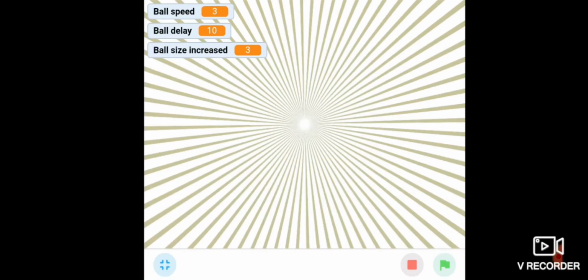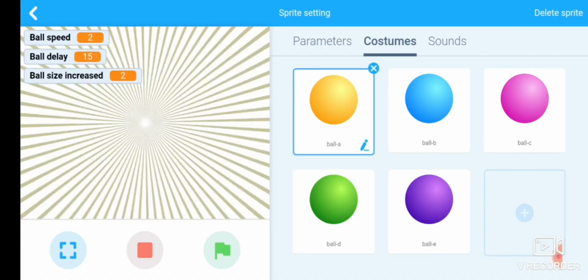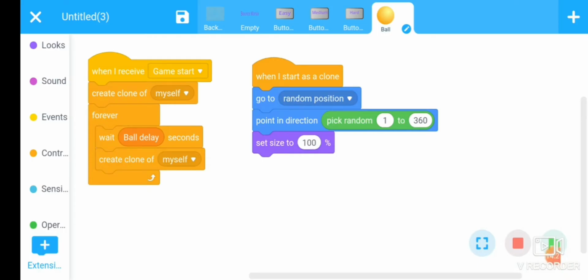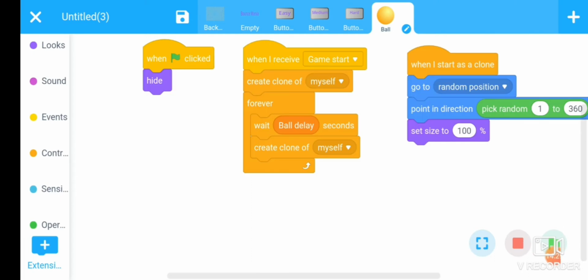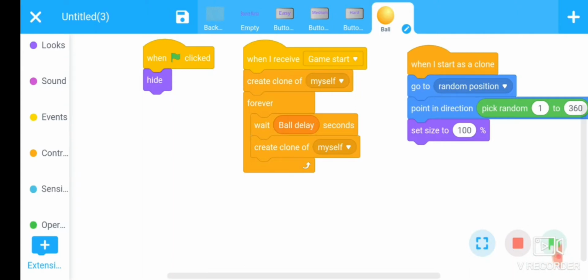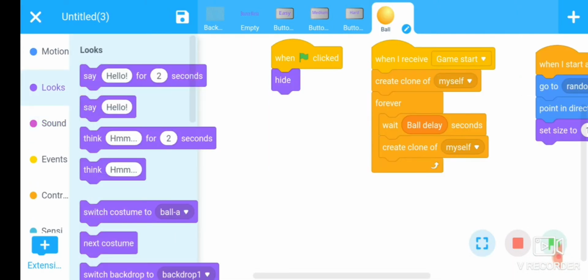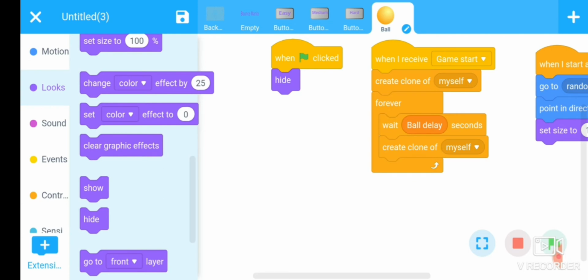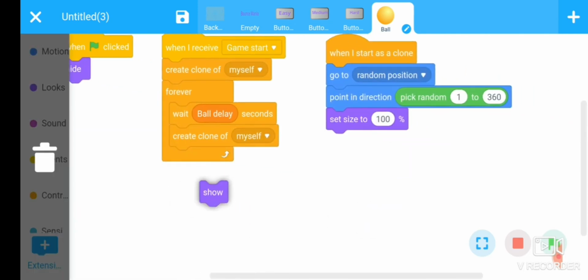Look. Oh, fine. Here we have not. Okay, fine. Here the ball is not shown on the screen. Then go to the look section. Initially we have hidden the ball, but we have not used the show command.